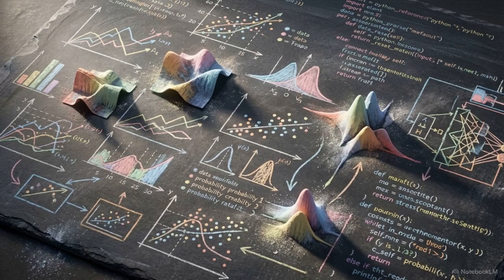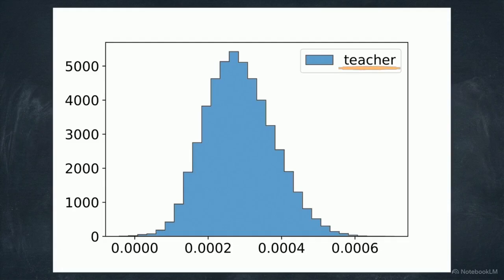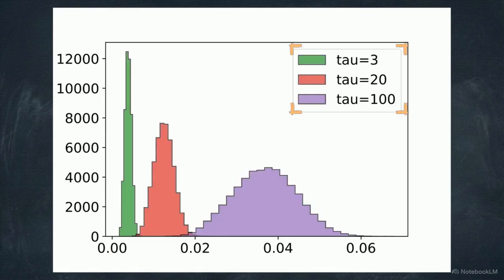Researchers at KAIST analyzed empirical data to test if this zero mean assumption holds up during actual model training. This chart shows the distribution of the teacher model's logit sums. The distribution is incredibly tight and centered almost perfectly at 0, satisfying the first half of the condition. This second graph shows the student model's logit summation as the temperature parameter tau scales up. As the temperature scales to 100, the student's logit mean drifts aggressively. The purple distribution is pushed wildly far from the 0 mark.